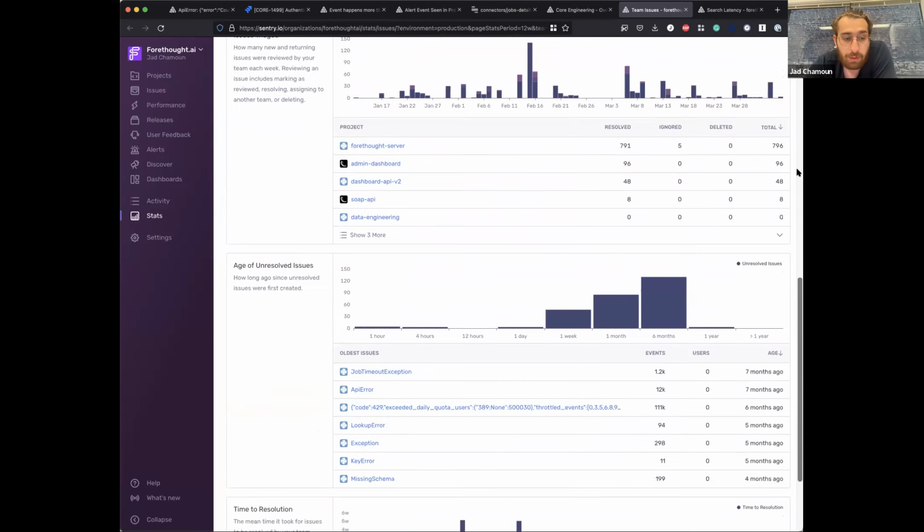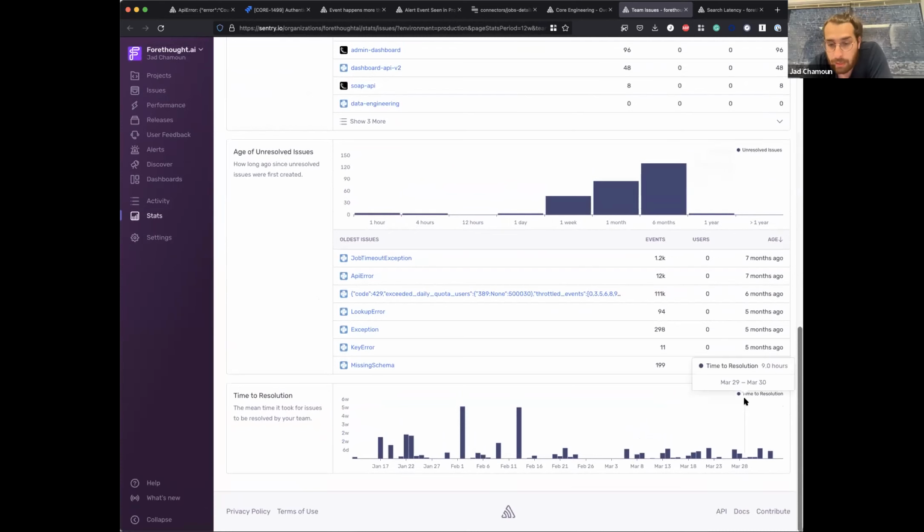Another metric as well is time to resolution. So here, actually, we started using code owners around February. Before code owners, again, we had a big backlog of issues, and all of them were unassigned. We had no proper way to know whether an issue is for team X or team Y. All issues just go into a big backlog. So our time to resolution for our issues was terrible. A month,